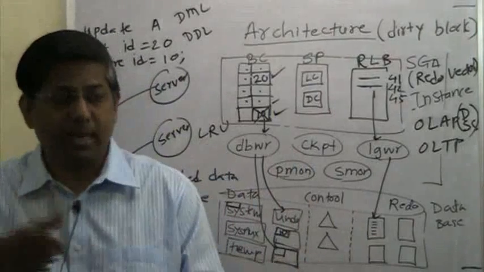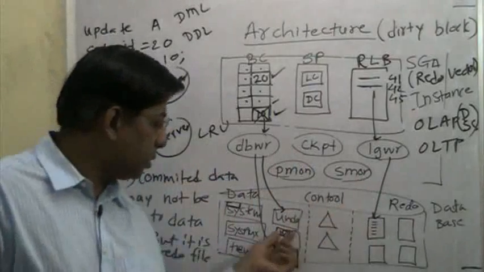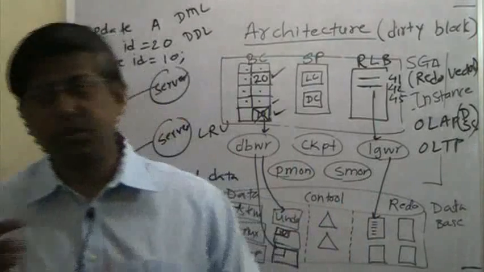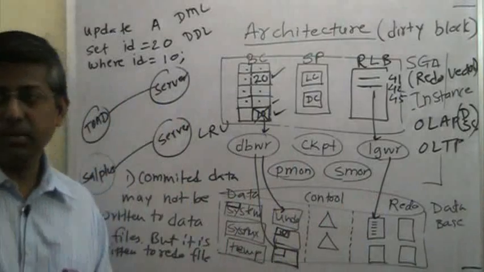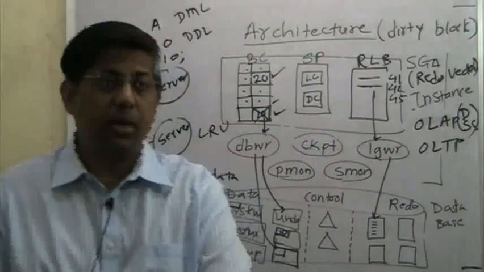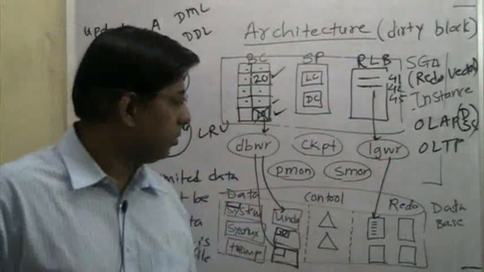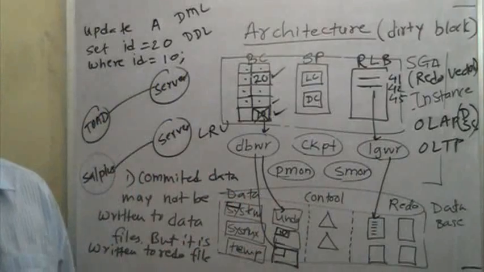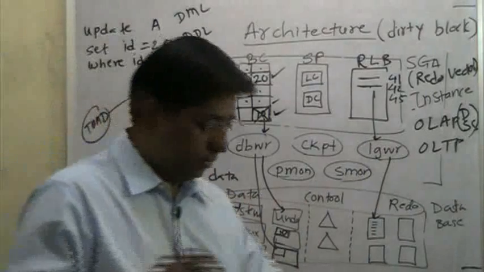That means it will replay that transaction, and by replaying it, that 10 will get changed to 20. So this is the functionality of the redo log buffer and LGWR. These 2 things are kind of important. Okay, so we'll kind of